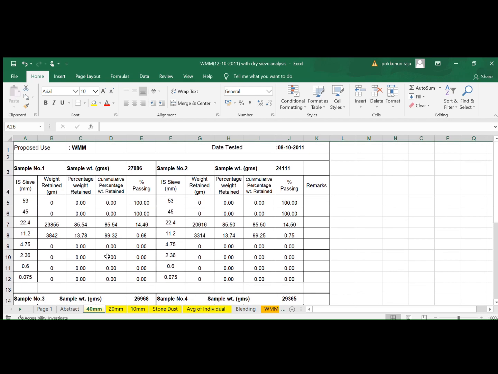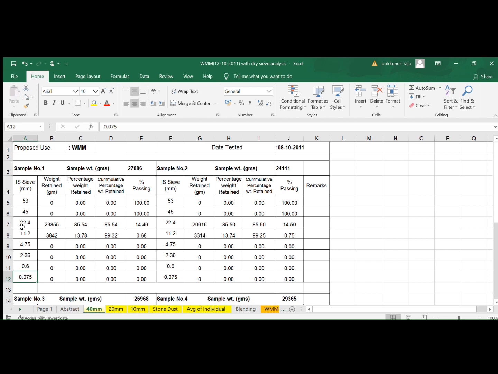So what is being done is initially each aggregate, like for example 40 mm aggregate, is sieved through the set of sieves which is applicable for wet mix, that is 53 mm, then 45, 22.4, 11.2 and so on, ending with 0.075, as shown on the left hand side of sample number 1.